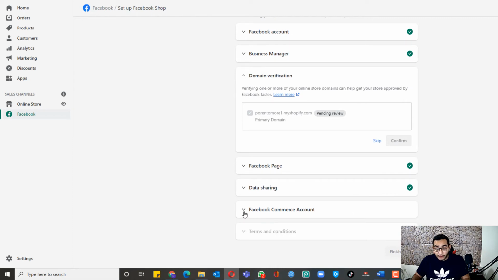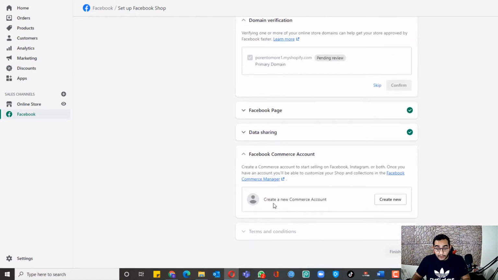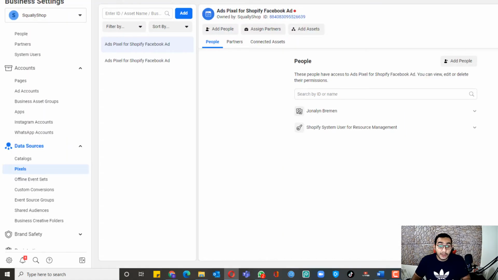Now this step is optional, honestly. This will allow you to create a Facebook commerce account, which will allow you to sell your products directly on Facebook. That way, people can purchase your products directly from Facebook itself, the Facebook shop, and you can also have a shoppable Instagram account. For this example, I'm gonna skip this step. It's not really necessary for running the ads. Instead, we're gonna go back to our